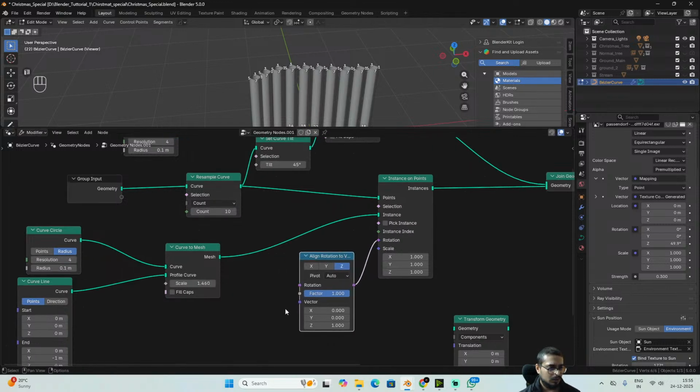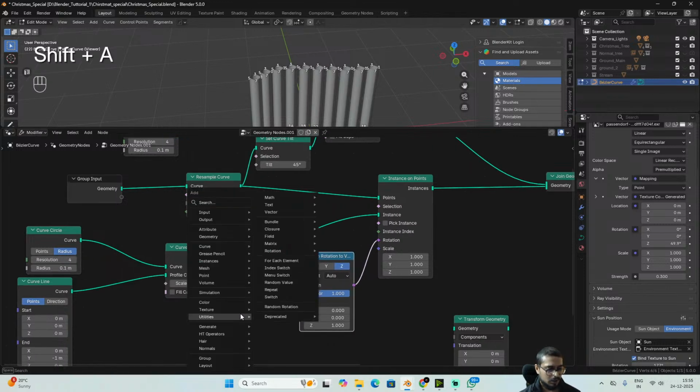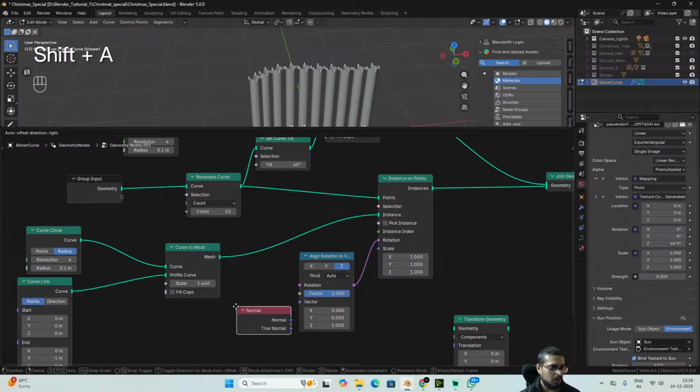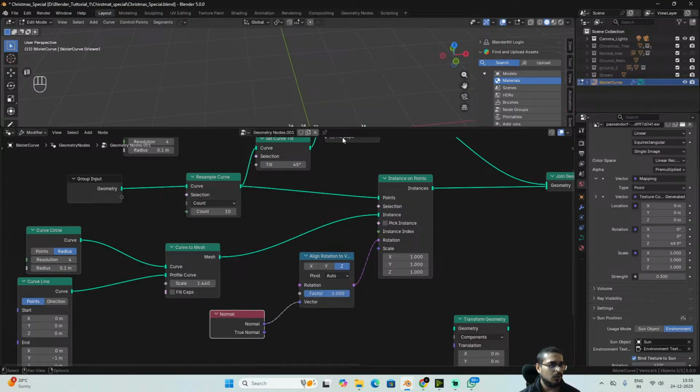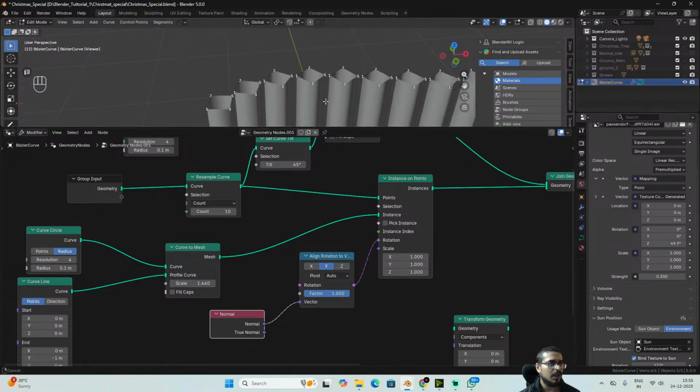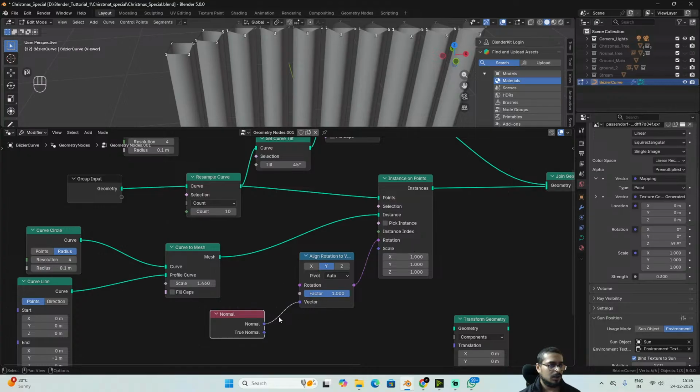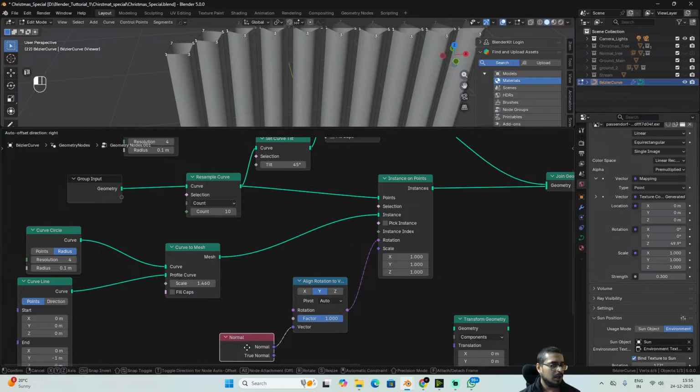Okay, this will work fine. I'll add a normal node, add it to vector. Okay, I need to change the direction to Y, and can we